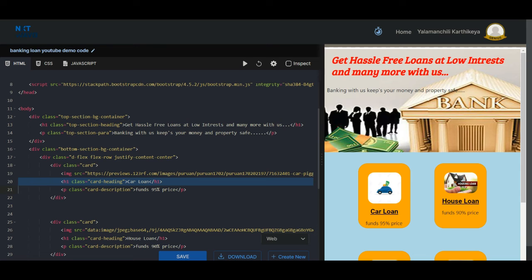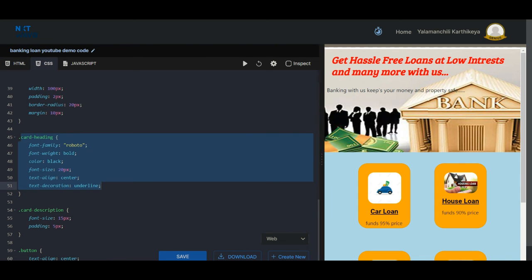Next, I have to get the card description. So I chose the selector named card description and wrote the rule set like this, with a font size and padding.